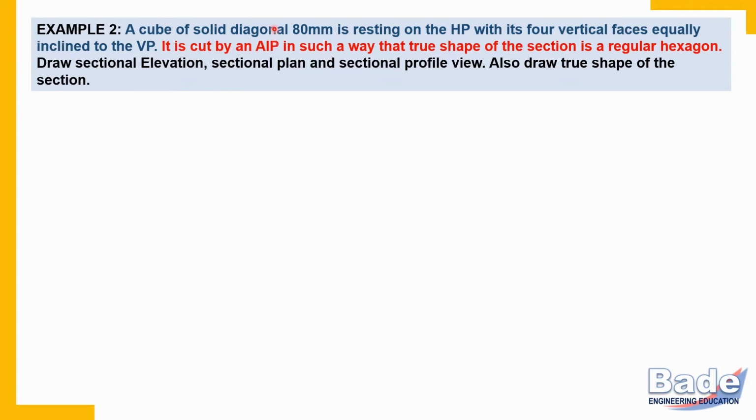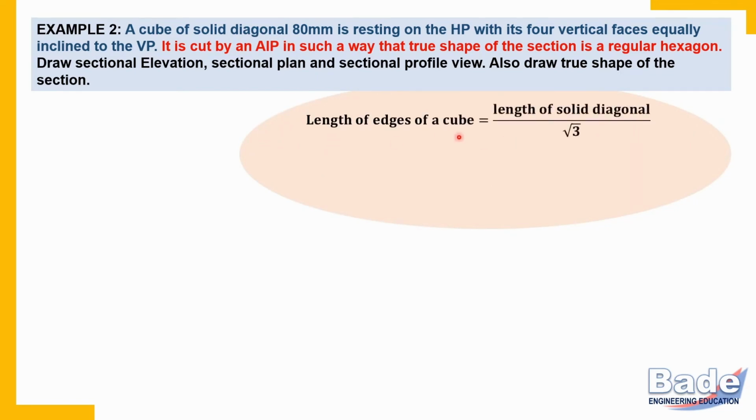And this body diagonal length is related to the length of edges in this manner. The length of the edges of a cube is equal to the length of the solid diagonal divided by root 3. As I have already told you, the solid diagonal is also called the body diagonal of the cube. The length of the body diagonal divided by root 3 is the length of the edges of the cube. In this case, the solid diagonal is 80 millimeters, divided by root 3, and it is